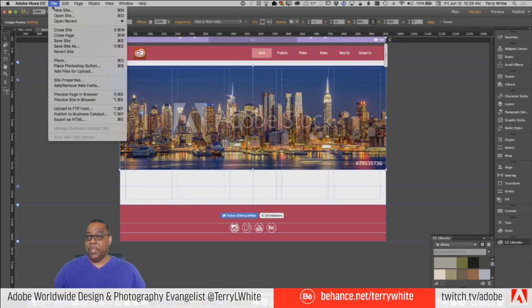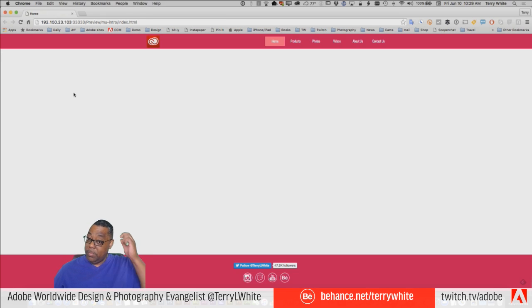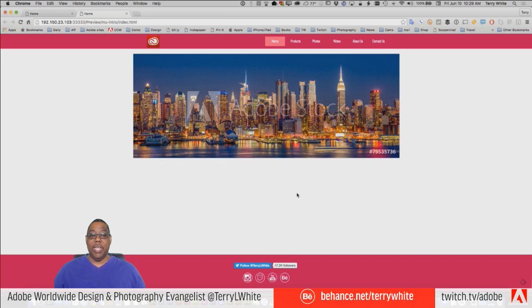Yep. Okay, so if I preview this page in the browser, we get an image that is the width of that page. And that's exactly what we asked for.